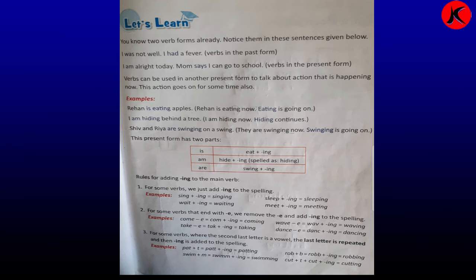फिर उसके बाद SWIM, swim. तो I is a vowel तो हमने डबल M ऐड किया प्लस ING, तो क्या बना, swimming. CUT, cut plus T, तो क्या हो गया, U is a vowel, I have added more T, so CUTTING, तो क्या बन गया, cutting. So we will read once again, patting, robbing, swimming, cutting.